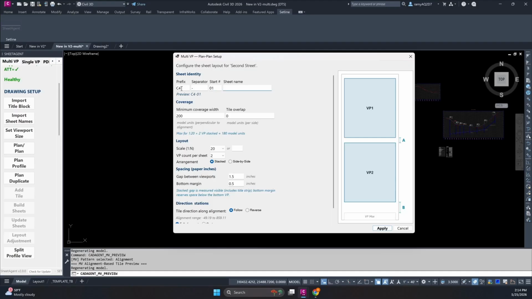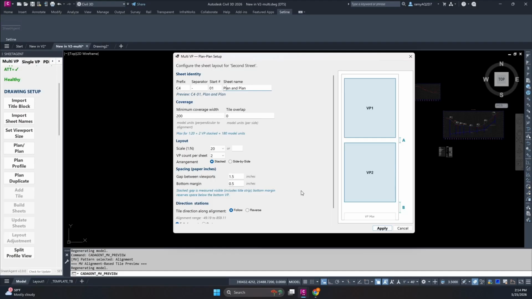And let's call them plan and plan. It's a weird name. So you can see the actual preview below it. If you type, or if you're me and you are pre-dyslexic, you will be changing those. Plan, minimum coverage, what does this number mean? So this one is telling you that with your current